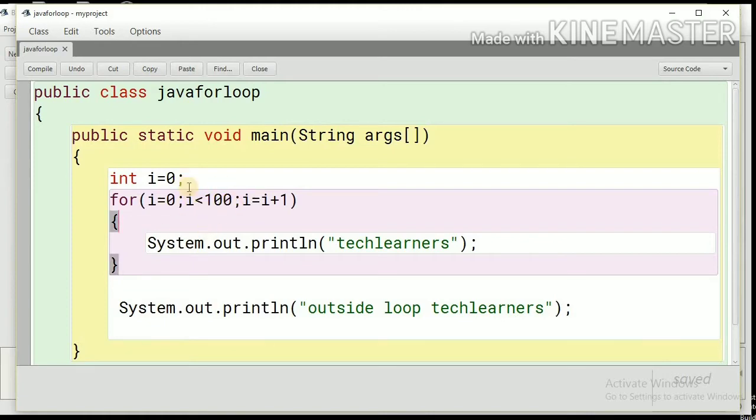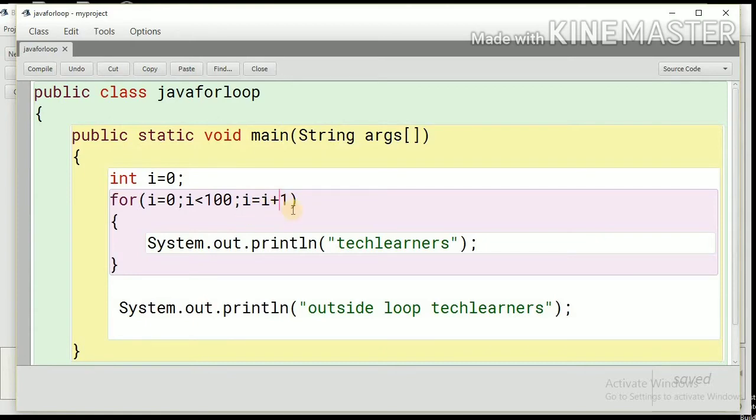So till when I is less than 100, the value will be true, and once it is not less than 100, the value will be false. So we are starting I with 0 and we are updating I with 1. This also has to be a statement, and that is to be an assignment statement which will update the value of the variable. So here we are updating the value by 1 only.